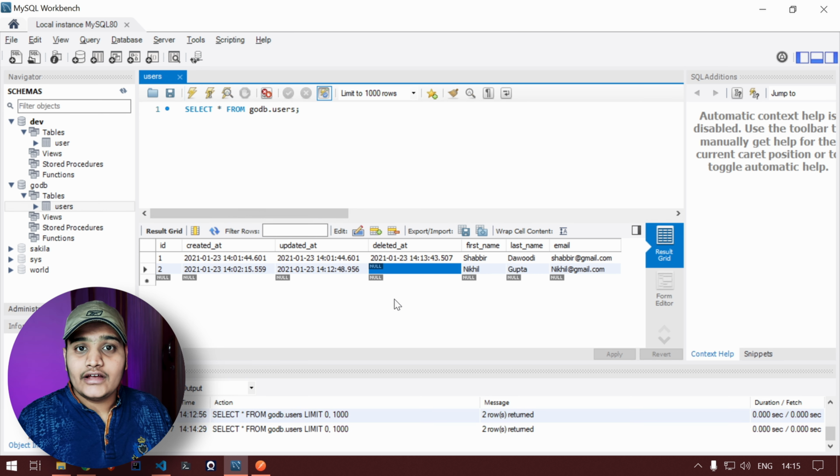So this way you can implement the CRUD application with the database with the help of ORM in the Go